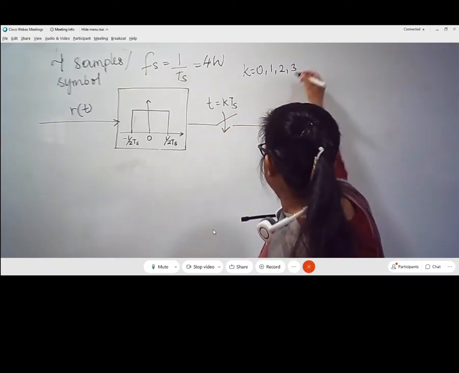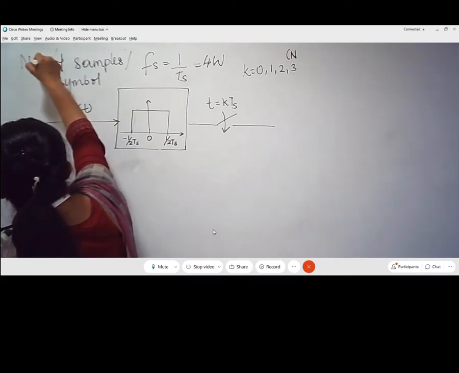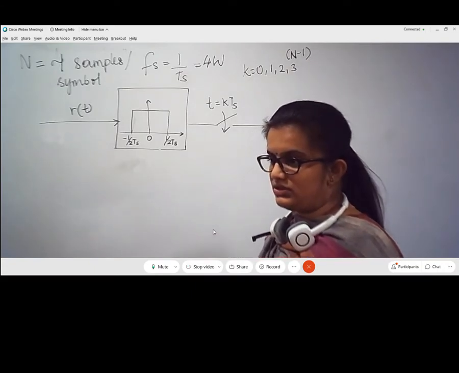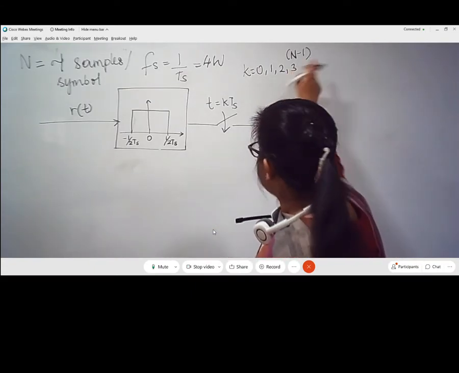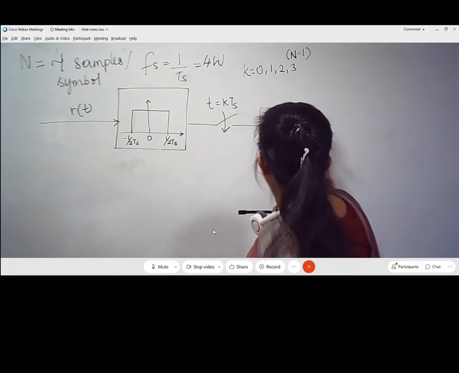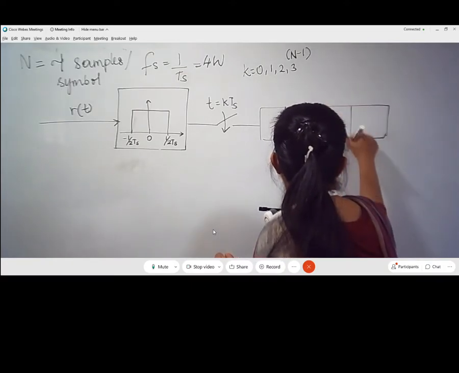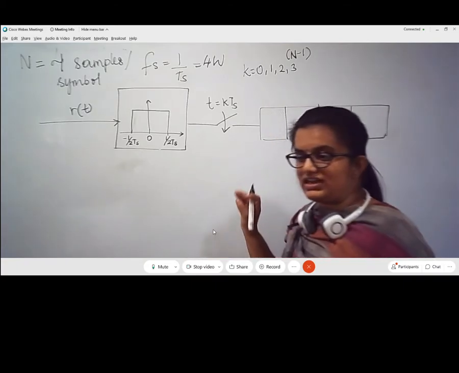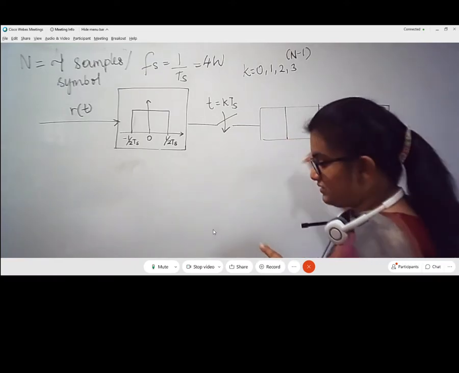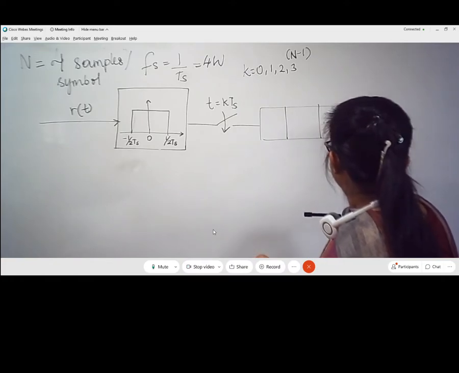That means it starts from 0 and ends at, if I signify the number of samples per symbol as capital N, then this will stop at N minus 1. So it starts at 0 and then it ends at N minus 1. What we do next is, once we obtain the samples, we are going to pass these samples into a shift register, such that I am collecting all the samples corresponding to a single symbol. So I will be sending something like this, passing it to the shift register.